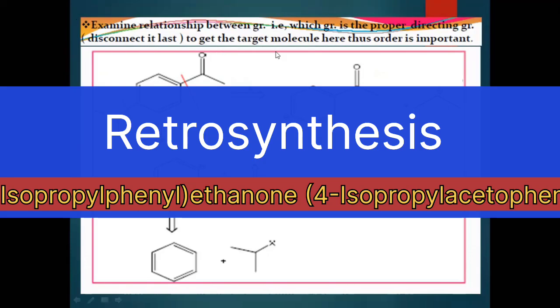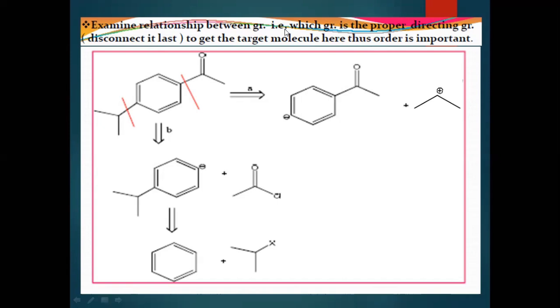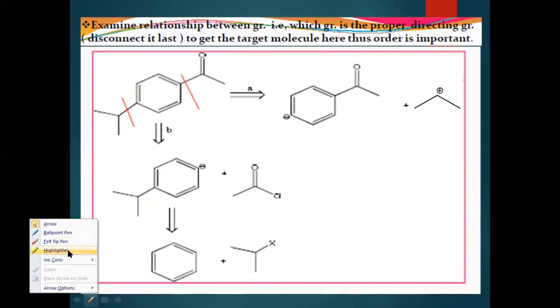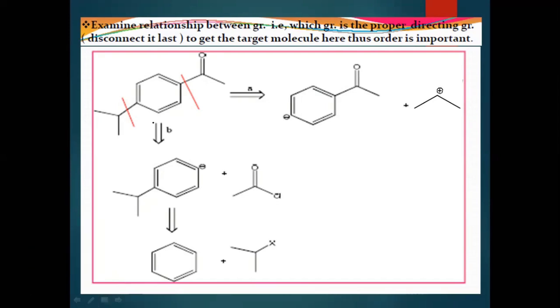In relationship between the group, that is which group is the proper directing group. Disconnect it last to get the target molecule. Here, order is important. Suppose if you have a target molecule,